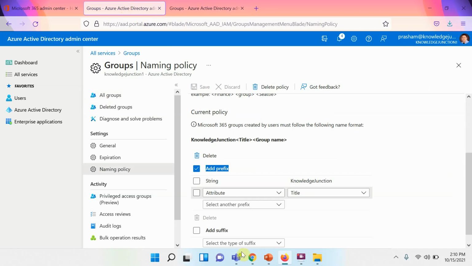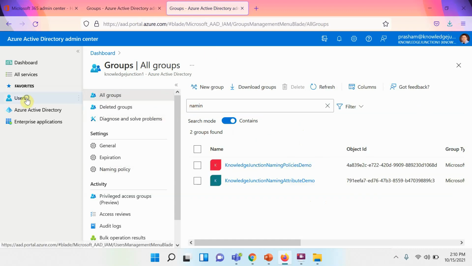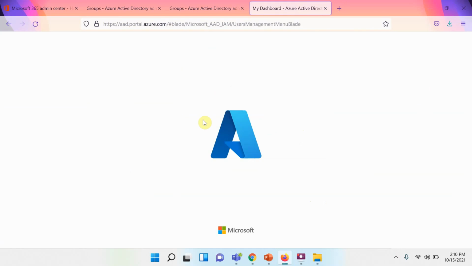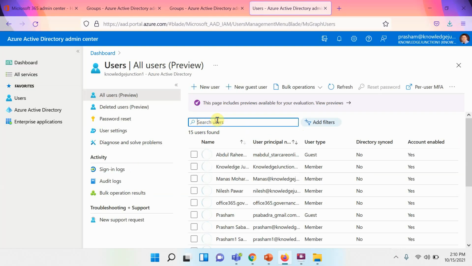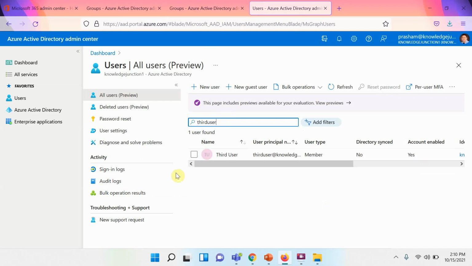Let's change it a bit. Rather than title, let's see the profile of the third user. What is there? Let's open it.